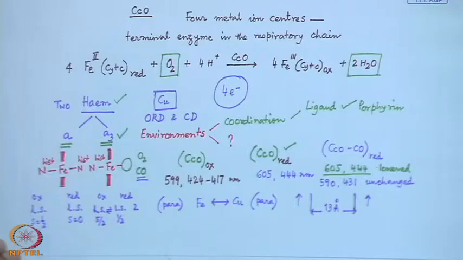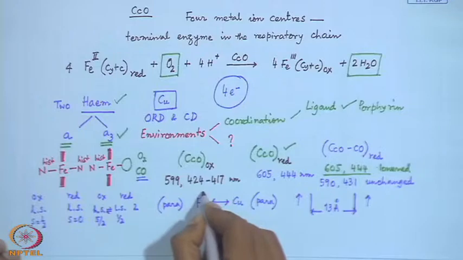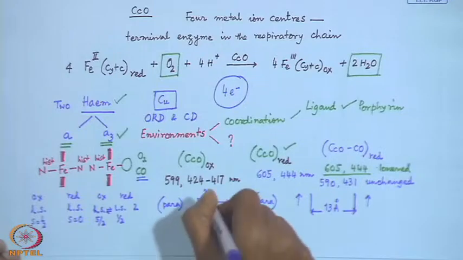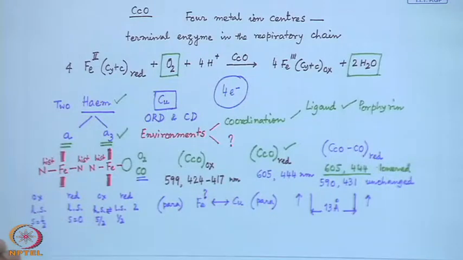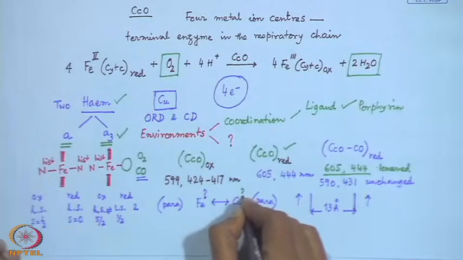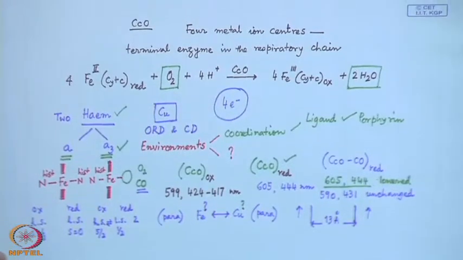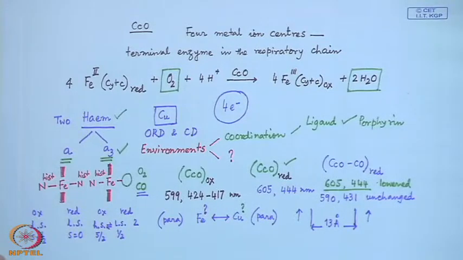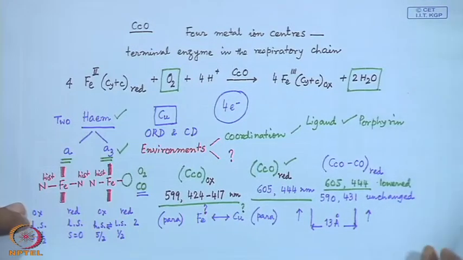So, we can have some basic idea of the number of electrons present on this iron and the number of electrons present on this particular site. That means, whether some of these cases will be EPR active or EPR inactive, and in the background you will have the corresponding spectral characterizations. Okay. So, during this reduction process